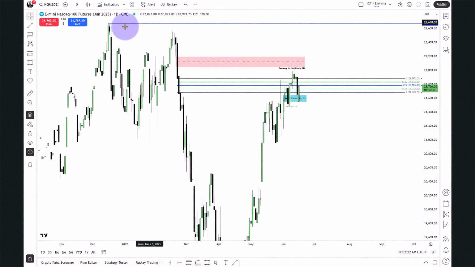Long term, without trying to pick a top, I'm using these highs here as a relative equal high draw on liquidity on the daily chart. So I'm not trying to pick a top. I'm still focusing on the likelihood that it could continuously grind higher, even though it is difficult to position longer term and put a reasonable stop loss in there without taking exorbitant risk. And the gap risk is such an enormous concern right now because of all the things going on over in the Middle East and domestically here in the United States. So there's a lot of stuff going on.